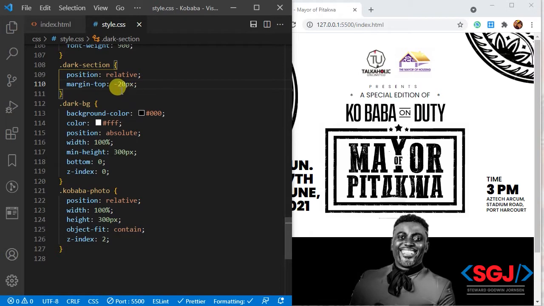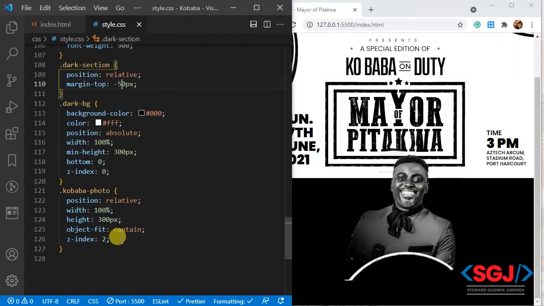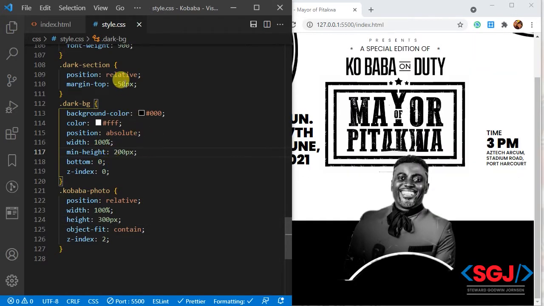Let's cut this, let's reduce this, and for the height of this we can take the minimum height down to 200 and take this one back to 90,